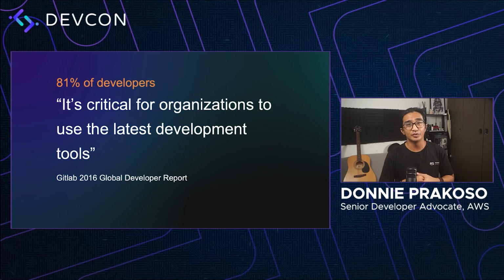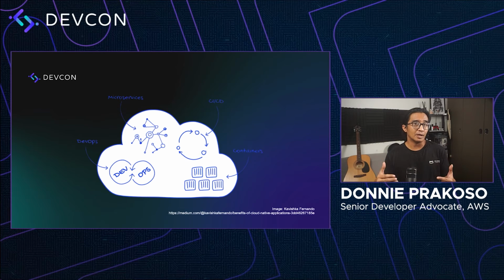And this is where tools can help us, especially those tools that are already integrated with best practices, which will significantly help us to cut the learning curve. And at this stage, you're probably wondering, since when do we need to use modern tools? Or what are the factors that trigger us to use more tools? So I want to go down the history of application development, and I will briefly cover this just for you to understand the major factors.